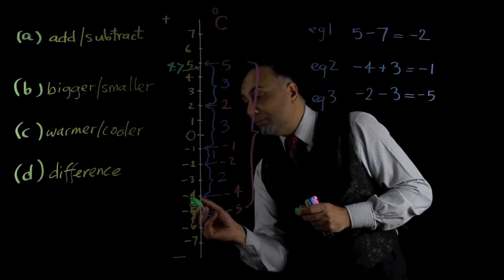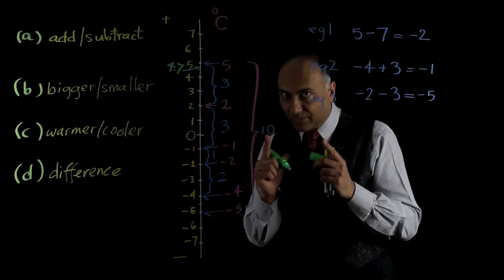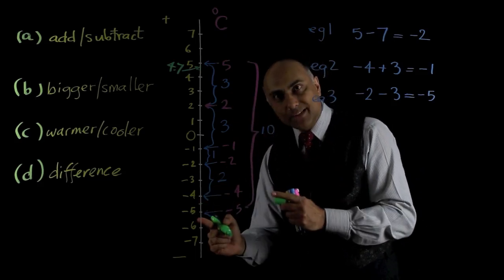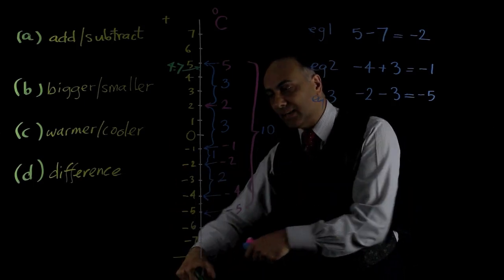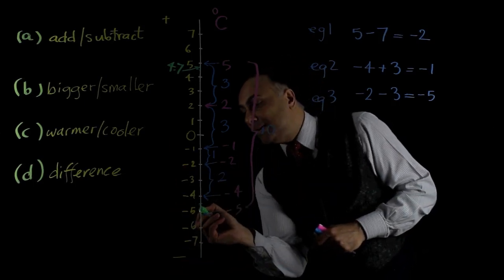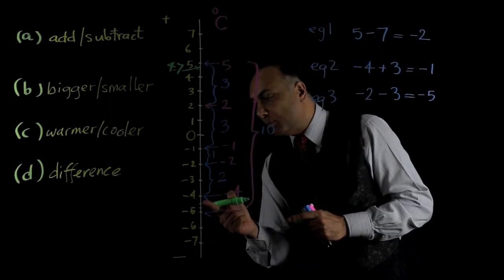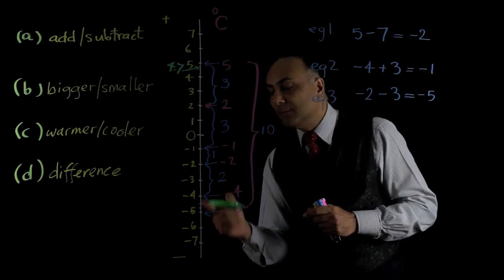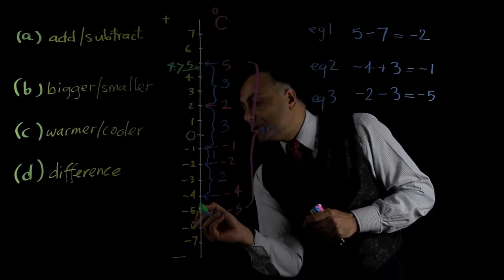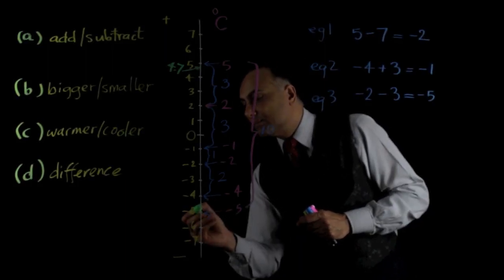Exactly halfway between minus 4 and minus 5 would be minus 4.5. But minus 4.7 is going to be lower down the line than that. But it's not going to be as low as minus 4.75, because minus 4.75 would be exactly halfway between minus 4.5 and minus 5. So it's going to be just a little higher than that, about there,